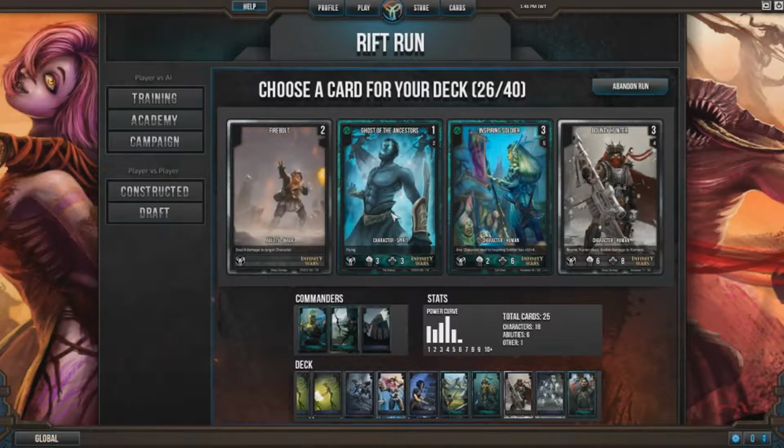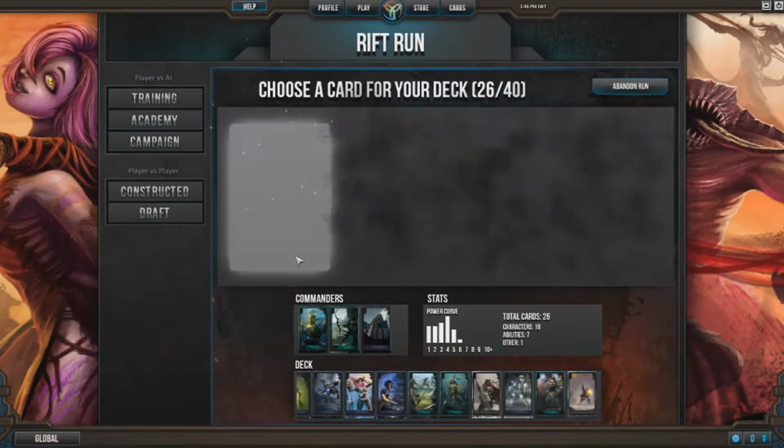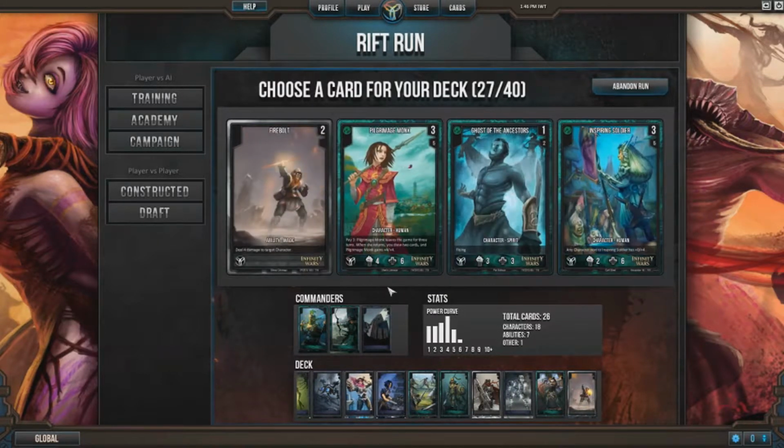Or Ghost of the Ancestors. This has saved my ass so many times. I kind of want to choose this, but I think I'm going to go for the 1 cost. No, I'm going to go for Firebolt. That doesn't make any sense if I just keep going for 3 costs. Because I'm going to have loads of stuff to do on turns 3, 6 and 9, if I get to turn 9. But almost nothing to do big on turns 7, 8 and that, so...